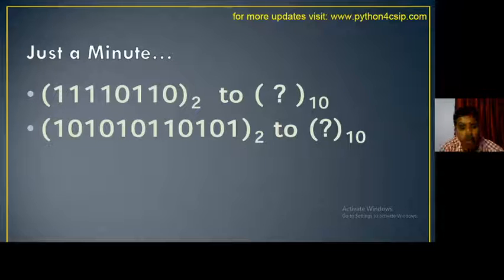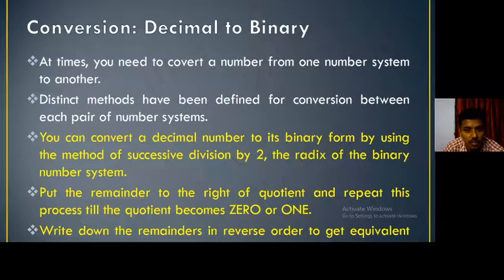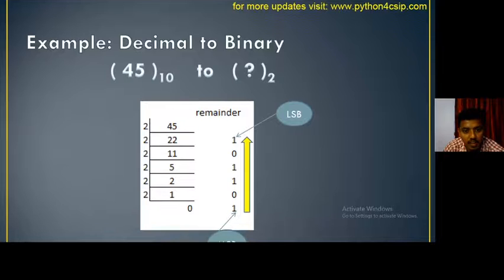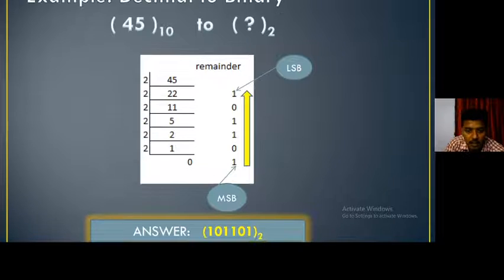Now you understood only these four number systems are there, that is decimal, binary, octal, hexadecimal. We saw the conversions, decimal to binary को देखा है, binary to decimal देखा है. Clear? So decimal to binary कैसे convert करना तो दिखाया. Okay, decimal to binary के जो है process है पूरा दो के साथ divide करके तो रिमाइंडर वो साइड में रखो, वो जो नीचे लास्ट जीरो तक आने तक रुक के मोस्ट सिग्निफिकेंट से लेके लीस्ट सिग्निफिकेंट तक करना है. क्लियर? This is the binary number equivalent to that particular number.